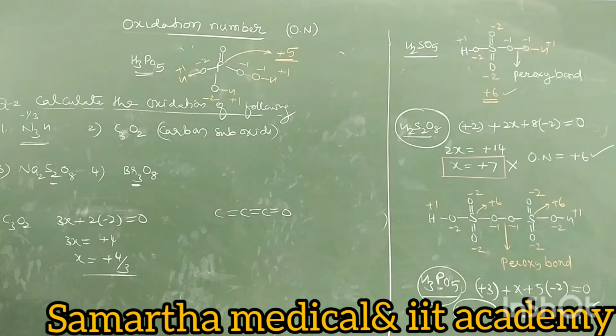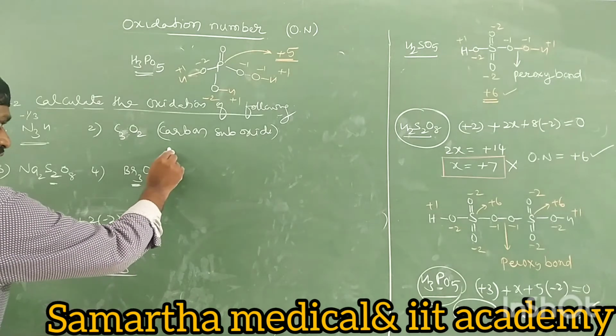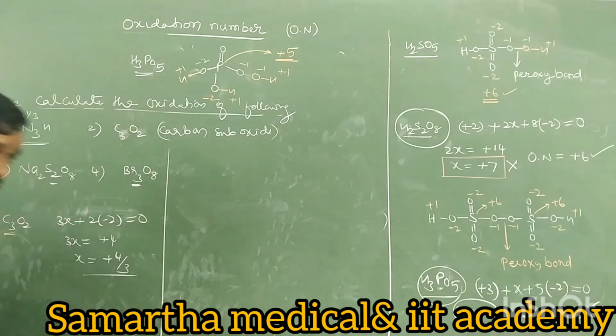Right? Now here, what is the oxidation number of carbon? It is a fraction. Now you may have a doubt how we got this fraction value. Important, listen carefully. We have studied one point: the oxidation number of an element may be a fraction also because it is an average value. What is the meaning of average value? To understand it, you need to understand the structure.